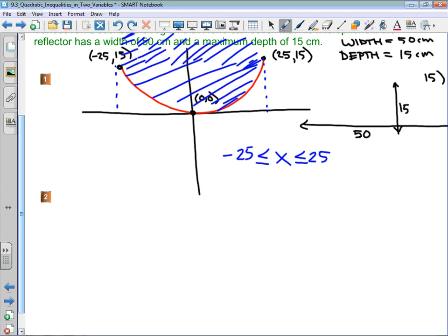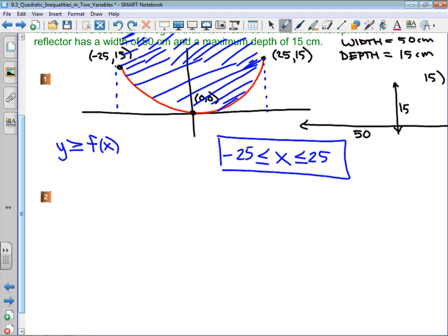And then basically what we're going to determine is, how do I describe that region above the parabola? And really what's happening in this question is there's 2 inequalities. There's this guy, the idea that x has to be in between negative 25 and positive 25, but then there's also that quadratic. Now, before we do anything, I'm going to write it like this. Because we're shading above the line, I know that y has to be greater than or equal to, and I'm going to cop out a little bit here, I'm going to put in f of x, because I don't know what f of x is yet. But I'm going to write below it that f of x is the parabola